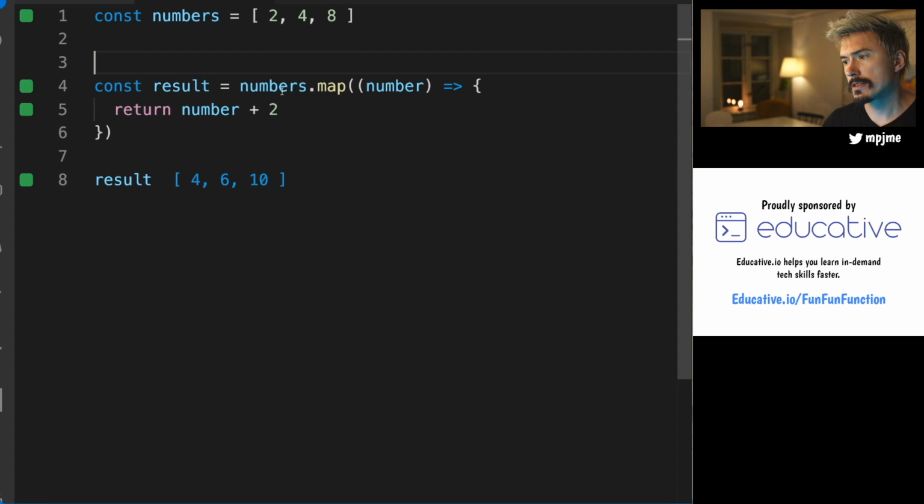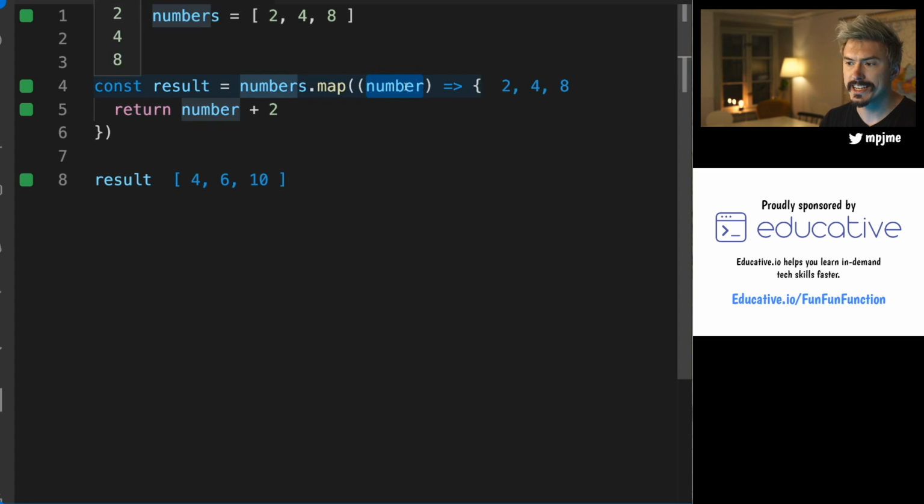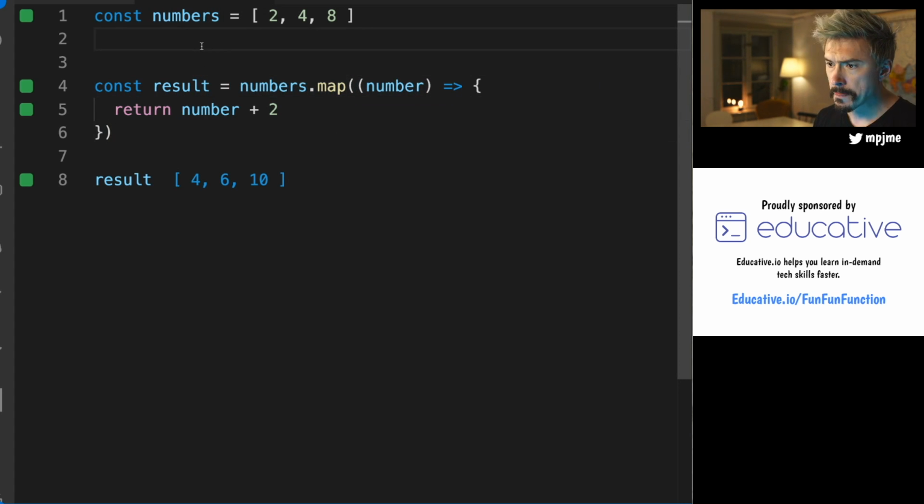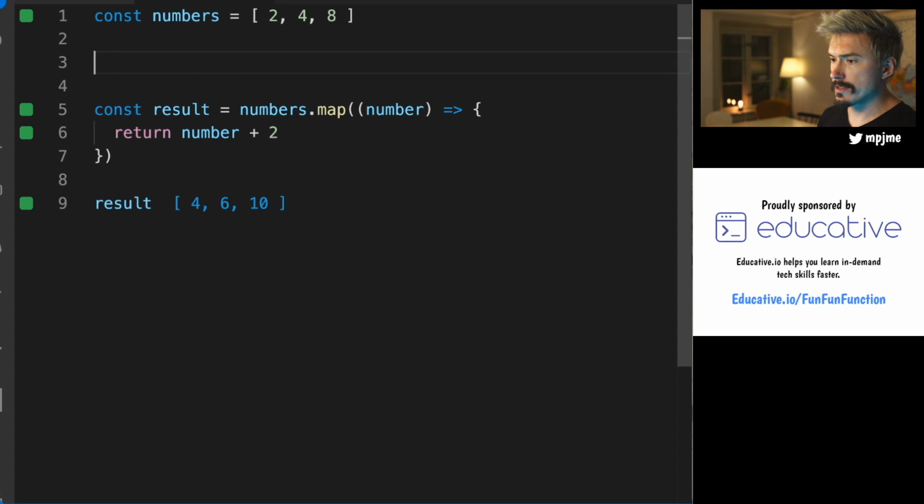So what's this thing here? People get confused because they don't understand where this variable comes from. Why is it called number? Why is this distinction? It's just like, what is happening, you know? And that is because the concept of higher order functions is new to you. So you have